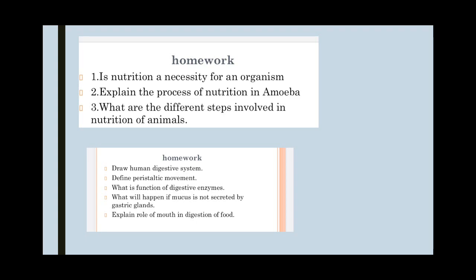Next, what is the role of mouth in digestion of food? While we were dealing with the digestion process, I have already taught you this. You can write: digestion starts in the buccal cavity, where the food mixes with the saliva, which contains salivary amylase, which splits starch and glycogen into maltose. So this thing you have to write in the same manner. If it comes in an NCERT question, for example what is the role of acid in our stomach, likewise you will write the respective answer.